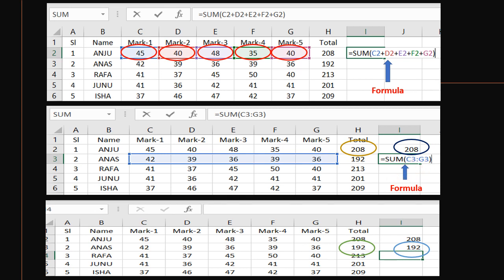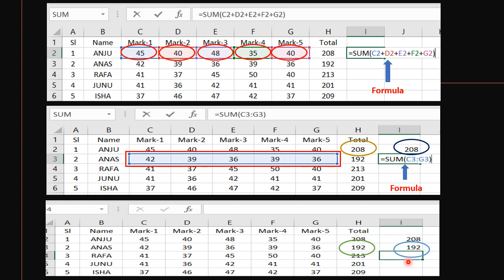So what will happen? Let's see. Yes, by giving that formula, the numbers from C3 to G3 have been selected, right? Yes. Okay, so what have we got? Then by pressing enter key, we have got the result